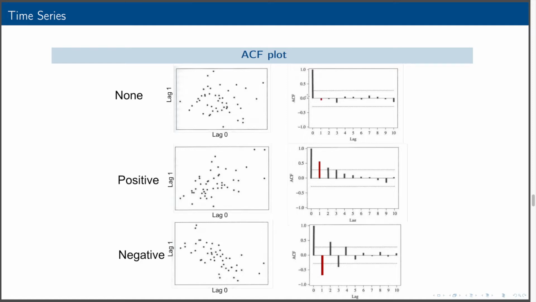So probably this doesn't look like a time series anymore. And these two lines are the confidence intervals. If the bars are inside of these intervals, it means that the autocorrelation is not significant. It's the 5% significance level that we have been using in the normal correlation, the Pearson correlation statistics, to see if they're